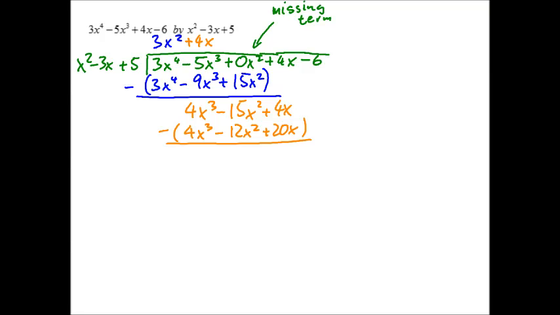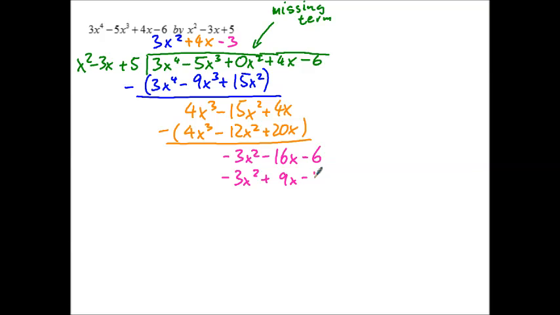As always, the first terms should cancel each other out, otherwise we did something wrong. Negative 15x squared minus negative 12x squared is negative 3x squared. 4x minus 20x is negative 16x. And we bring down our negative 6. And start our division operation again. Negative 3x squared divided by x squared leaves us with negative 3. Multiplying back, we get negative 3x squared plus 9x